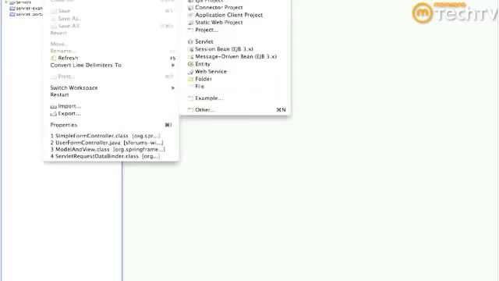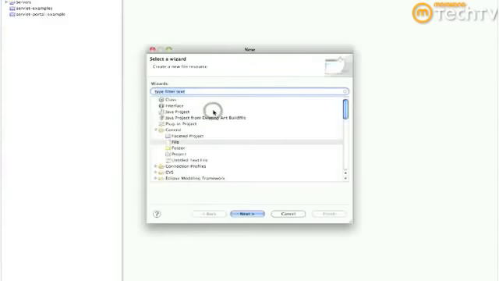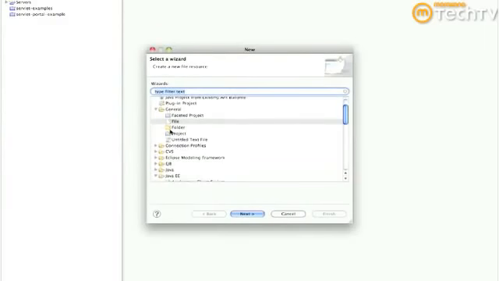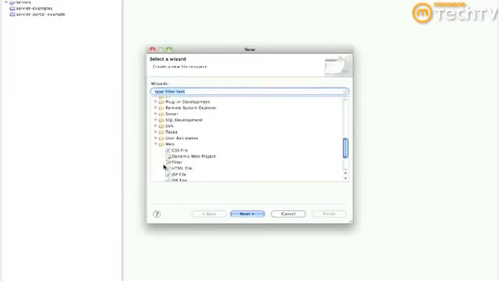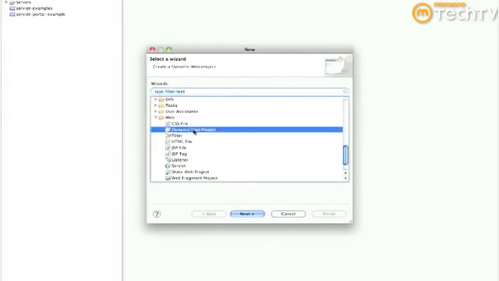Go into the File, New, and then click, it may not show up here, but you want to select the Dynamic Web Project. If it doesn't show up under File, New, go under Other, so File, New, Other, and under the Java EE, please select, sorry, Java Web, not Java EE, somewhere here, or Web. Select Dynamic Web Project. So File, New, Other, Dynamic Web Project. Click on Next,